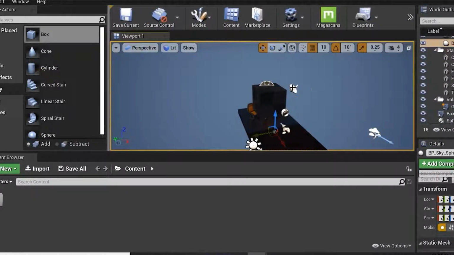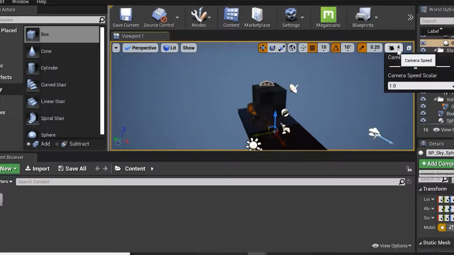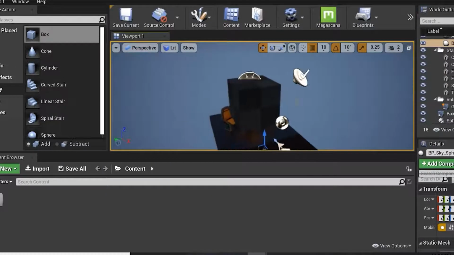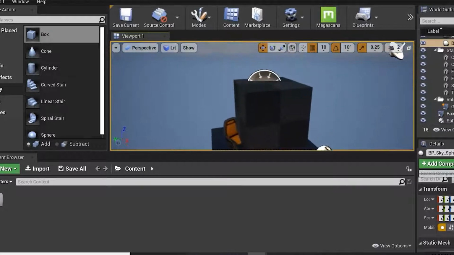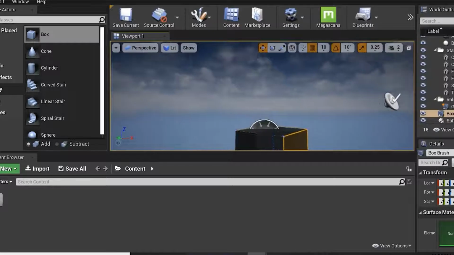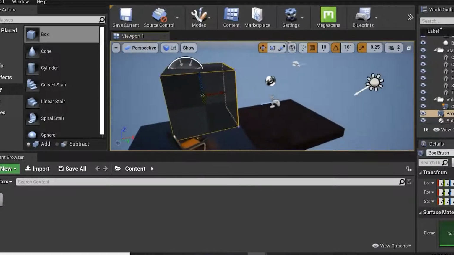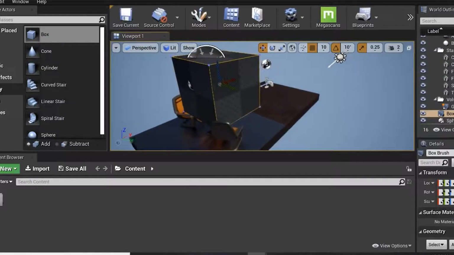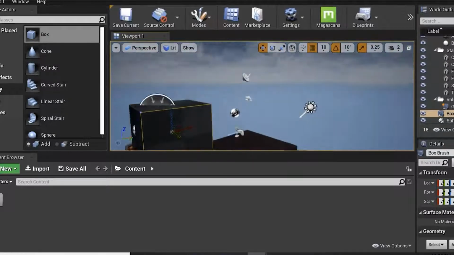Now if I want to reduce my camera speed in my viewport, I just need to select over here and give my speed value. It has to move 1 or 2. W again, left click or right click, here you can use. If you'll see, I can move my mouse, right click, W and right click, Alt and right click. Here I can pan, here I can change the orbit view. S, if I press it and the right click,